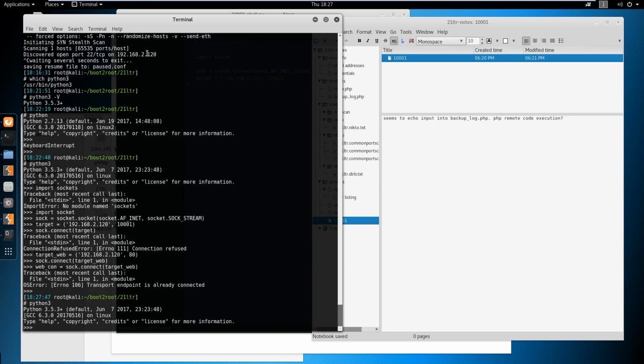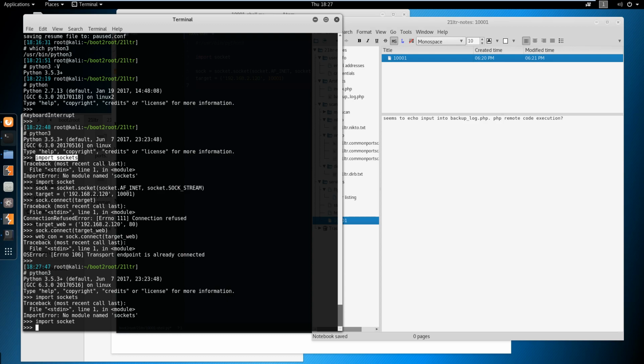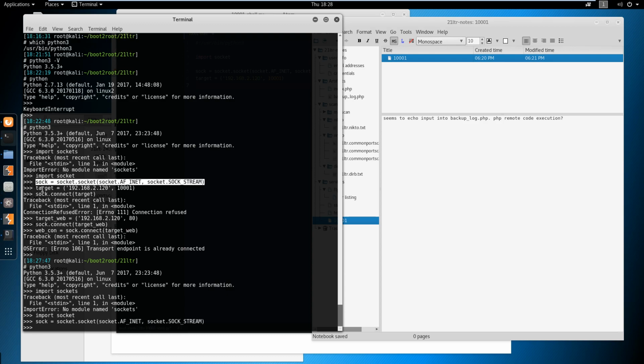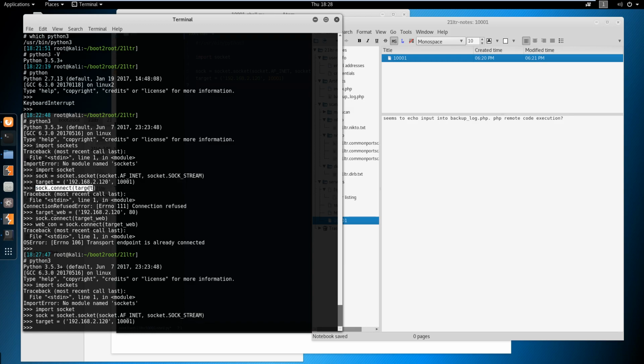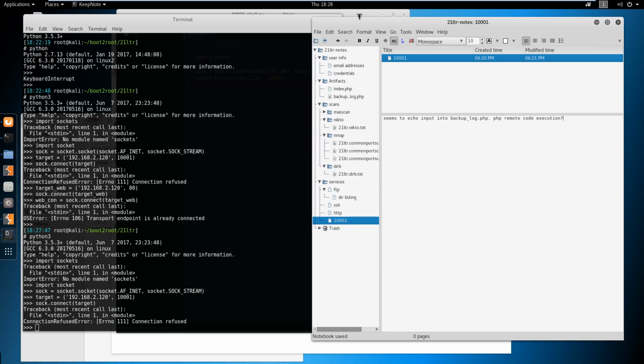Let's get out of that. We'll re-import sockets, we will get our socks initiated again. We will set up our target, and we will do our sock connect just to see. It's refused. Cool. Okay, so we're here. We're on our way